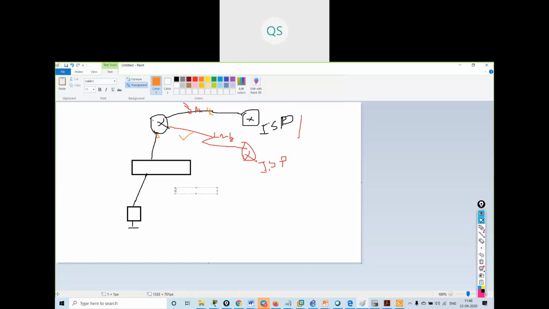We can give ip route 0.0.0.0 0.0.0.0 and the next hop address, say 2.2.2.2, which is configured here. This is my first default route. Whenever you have to go to any unknown location, you go via this.